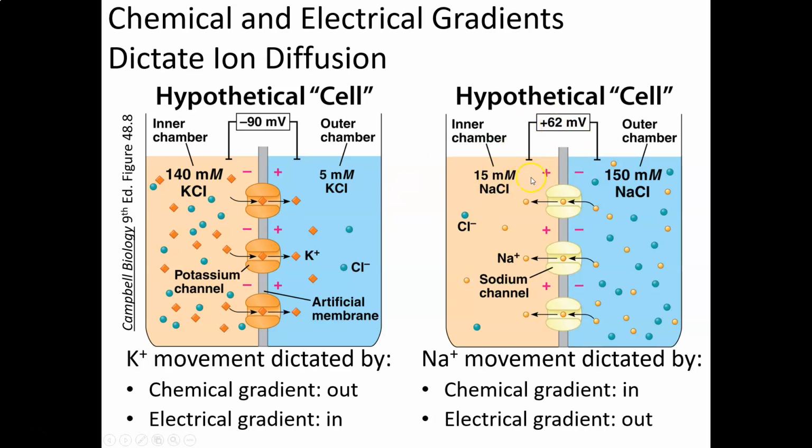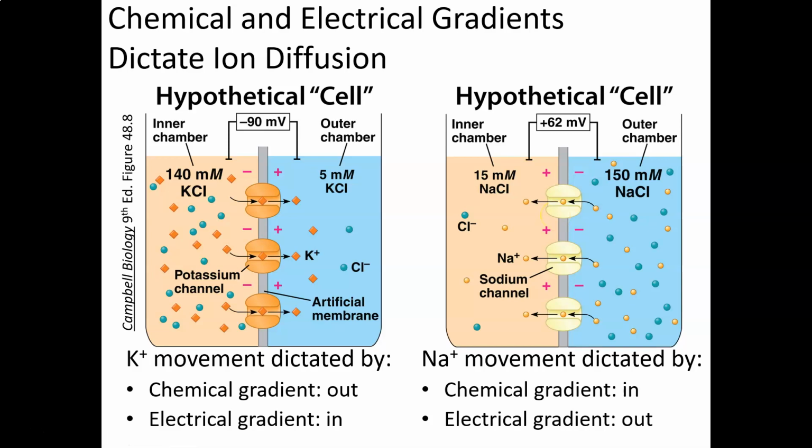It's positive because the inside of the cell is more positive than the outside, and it occurs at 62 millivolts because sodium has a lower concentration than potassium. So I have less of a chemical gradient. It's a lower concentration difference. So I have less of a chemical gradient, so I need less of an electrical gradient pushing back. So another number, we'll just round to make it easier, and we'll say the equilibrium potential for sodium is positive